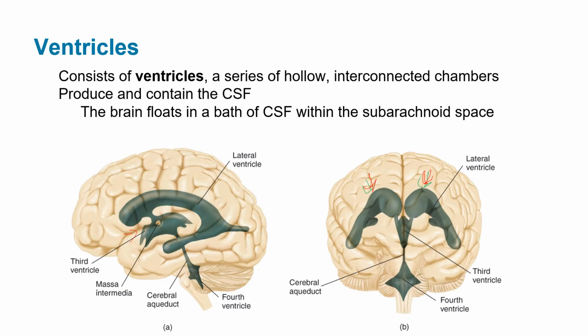Then you've got the cerebral aqueduct that you see here, which is basically just a tube. You see it here as well. This tube then transports the cerebral spinal fluid between the third and fourth ventricle before you get down to the fourth down here. So the fourth ventricle. And this fourth ventricle makes even more spinal fluid.